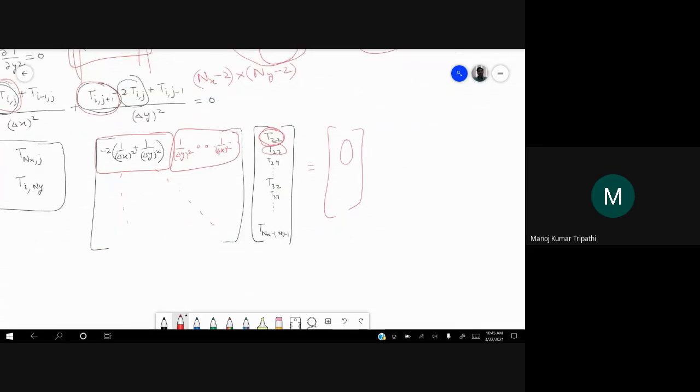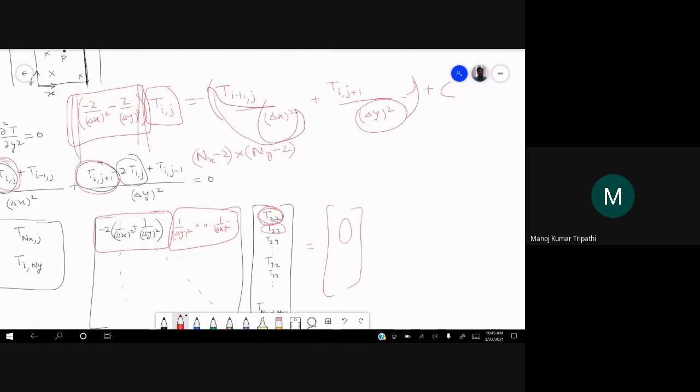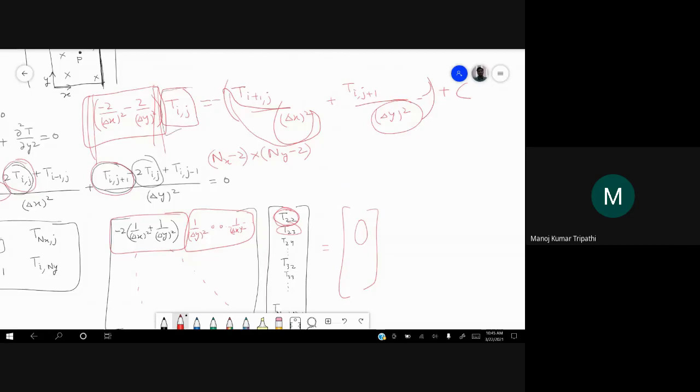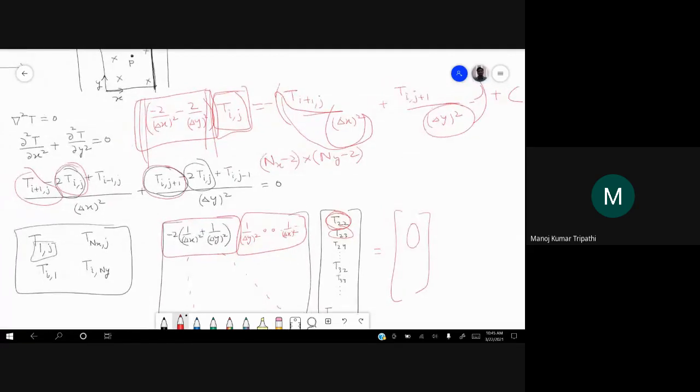Therefore, you can solve this equation using Gauss-Seidel method, but care should be taken that your unknown should be Tij, because that has the maximum coefficient here. If we write Ti+1,j equal to rest of the terms, then that will not give us the converged result, because that will not satisfy the Scarborough criterion. That's why we chose Tij to be on the left hand side.